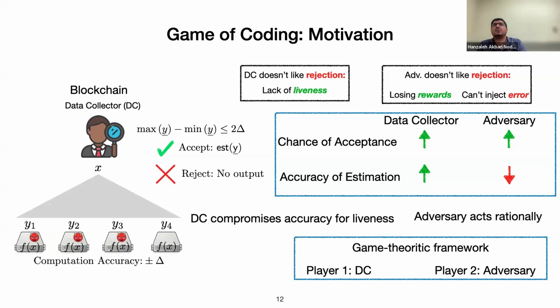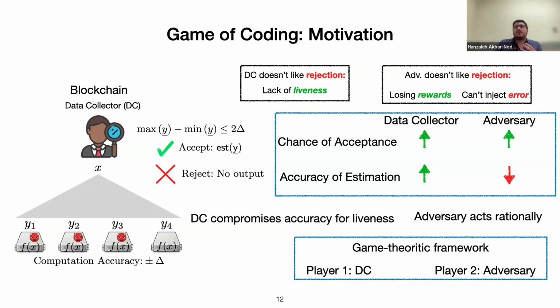The data collector can say, okay, I'm not in the ideal case. I know that I'm not in the case that, with just two nodes, both of them are honest. But you know what? Maybe I can compromise accuracy in the cases that the system is working and the level of the injected noise is in some accepted boundary. So that's the motivation. That's the observation that incentivized us to define this problem in a game theoretic setting.